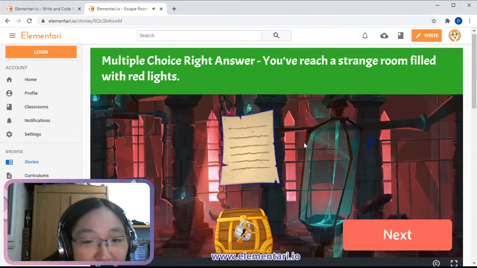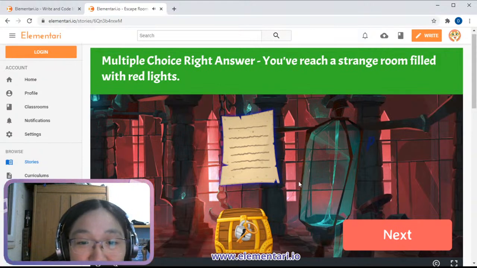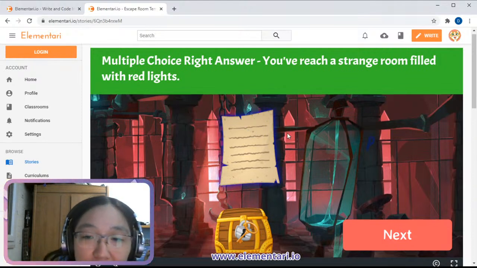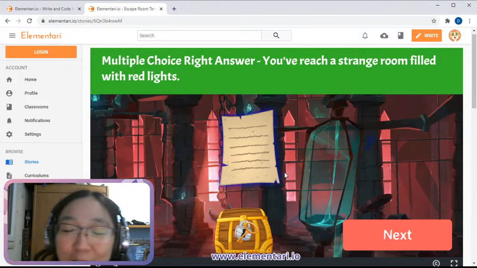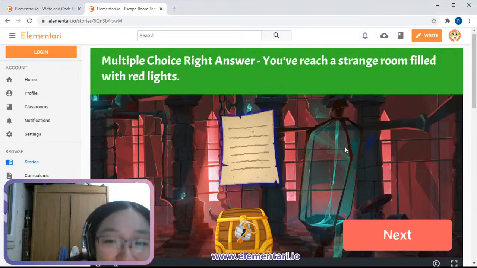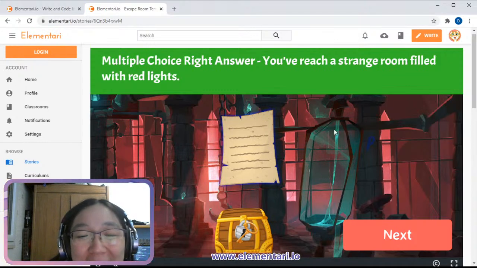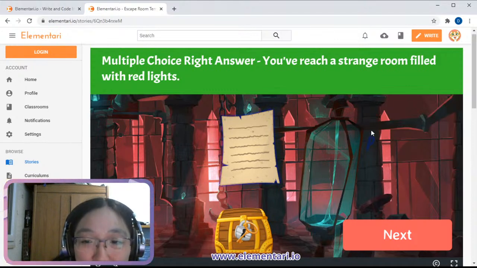So I unmuted myself, and there's a nice little audio that plays that says, "Beware of the hidden symbols in every room." And what do you think that means? Well, you're not going to tell your player exactly what that means, but I'm going to tell you because we're going to move forward and get to actually coding our escape room.